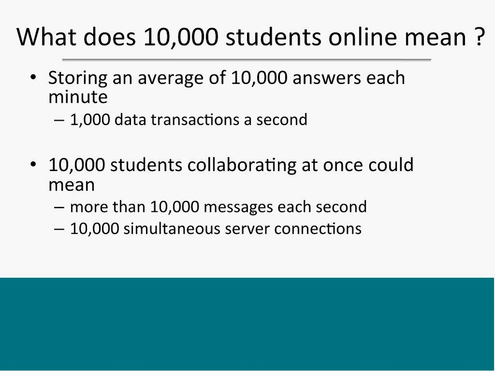All of it needs to be communicated and passed backwards and forwards between the two students. When we've got students collaborating together, we're creating more than 10,000 messages each second, with something like 10,000 simultaneous server connections. It's really a massive increase in the server usage that we're expecting when we implement the collaborative tasks in